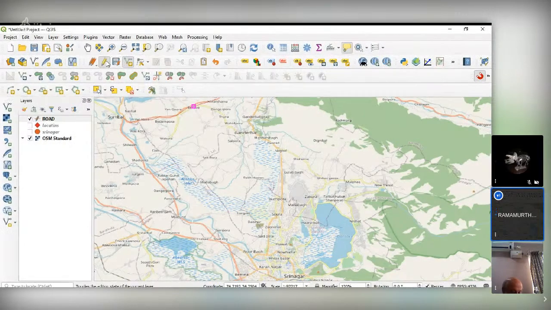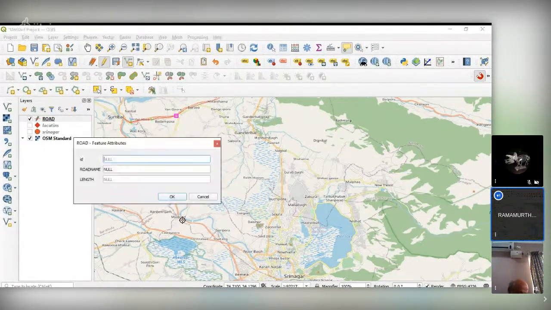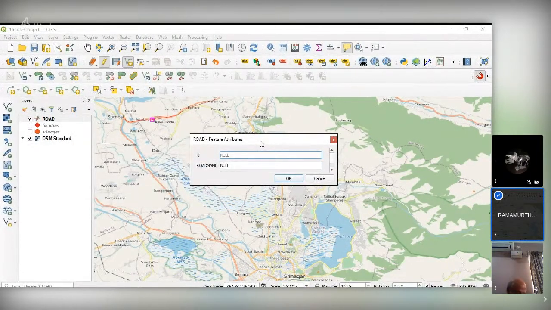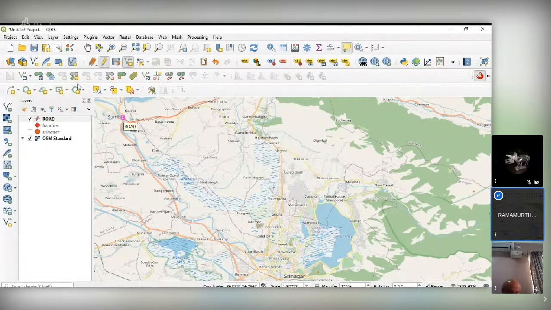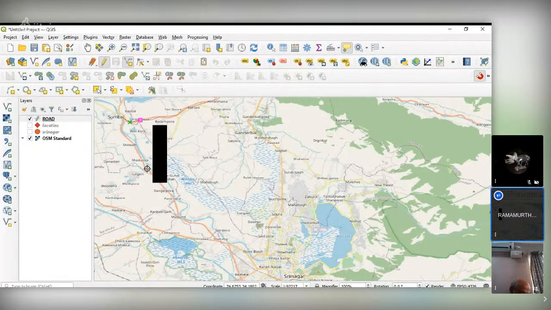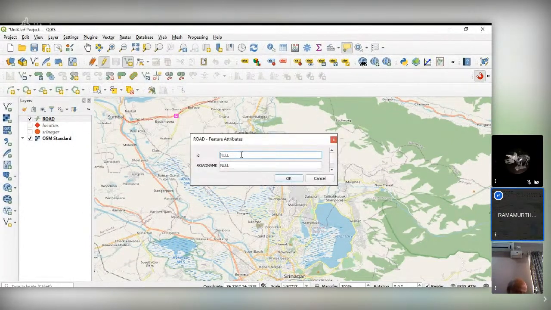One more road, we'll add one more road. This is Mugund.